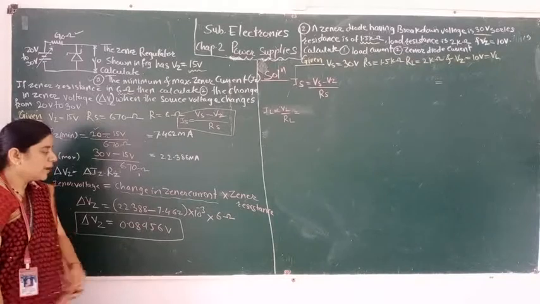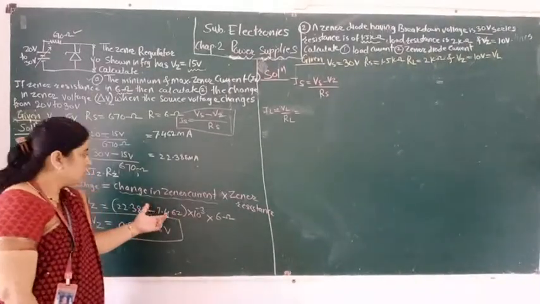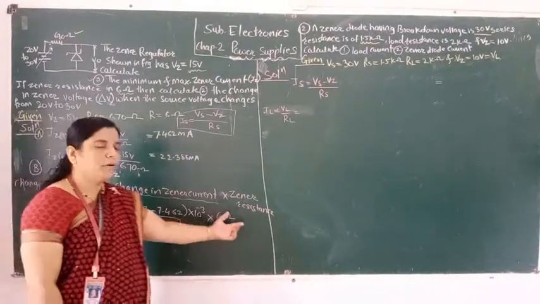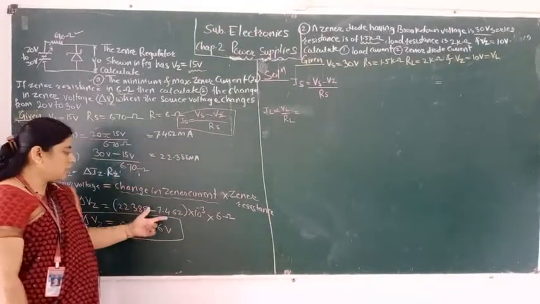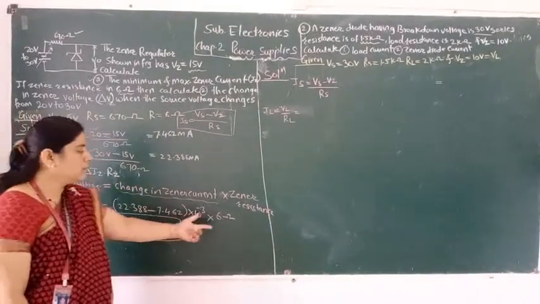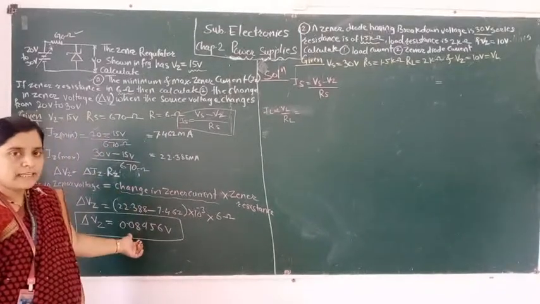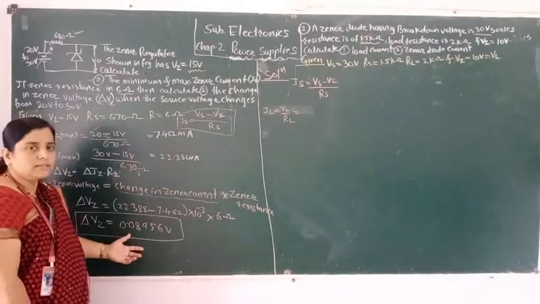0.08956. You have to calculate all these things with the help of a log table. You cannot directly write the answers. Solve with the help of the log table: take the log of this, add, then take the anti-log, and write the answer. That procedure you have seen in the 11th standard. So I am directly writing the answer.